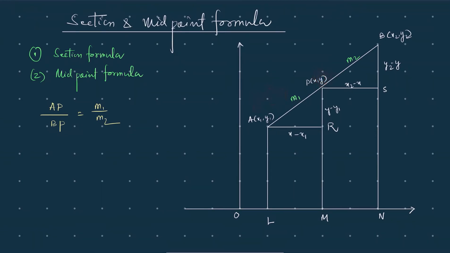For this x1 value, the functional value is f of x1. For this point x, the functional value is y is equal to f of x. Similarly, for x2, this will be f of x2, which we can write as y2. Now we can derive this formula.